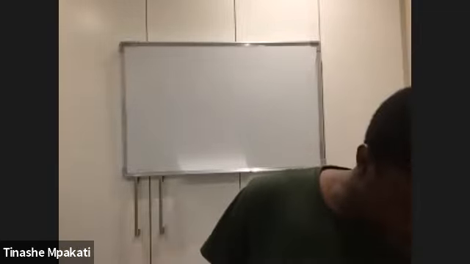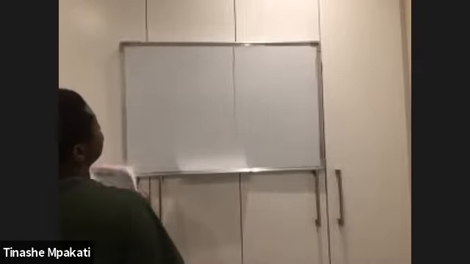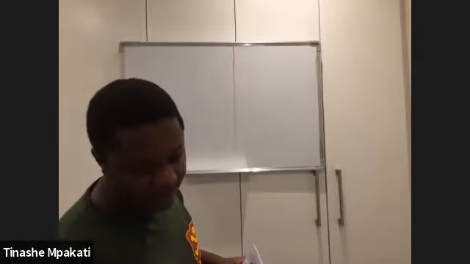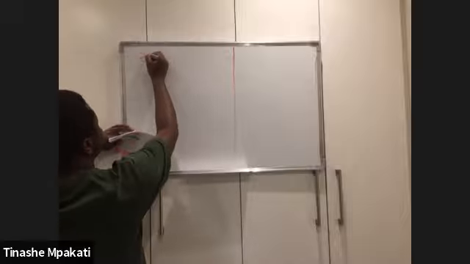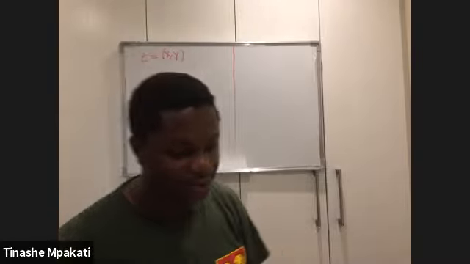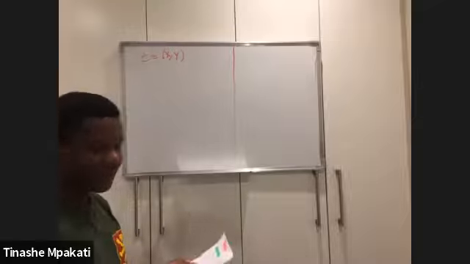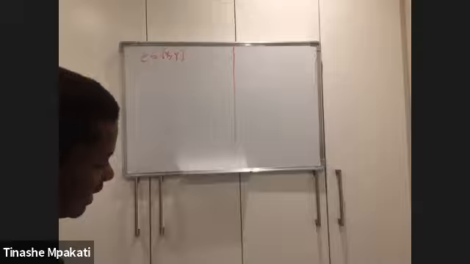Cool. Now we are going to look at the first bit of our bivariate cases, and random vectors. Initially, for the past 2 hours, 30 minutes, we were dealing with a case where we just have the random variable x on its own. Now we're going to be dealing with a vector which is made up of our x and y, so we're dealing with 2 random variables in this case. And we can also still find properties of this, the same way we're finding properties of just x on its own.